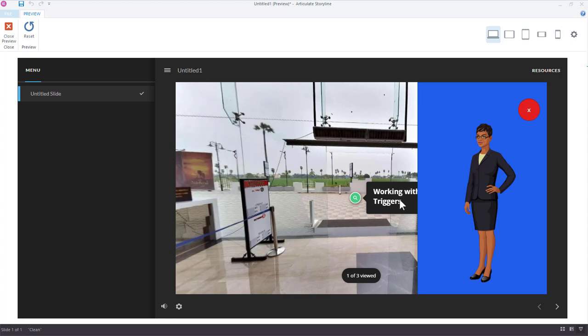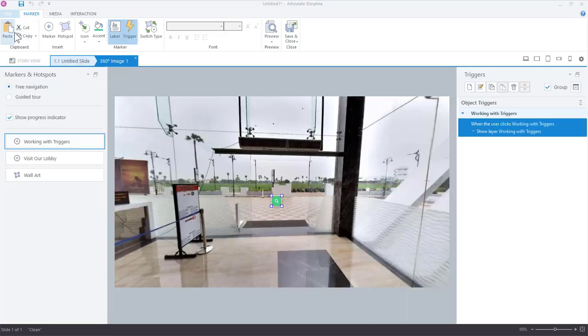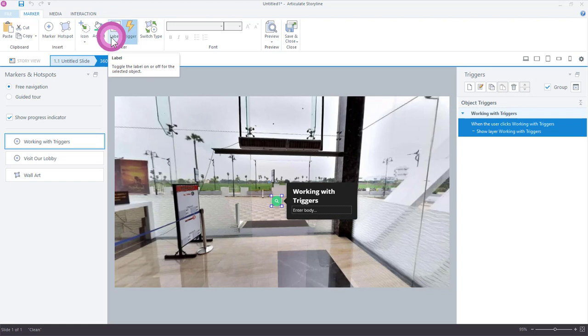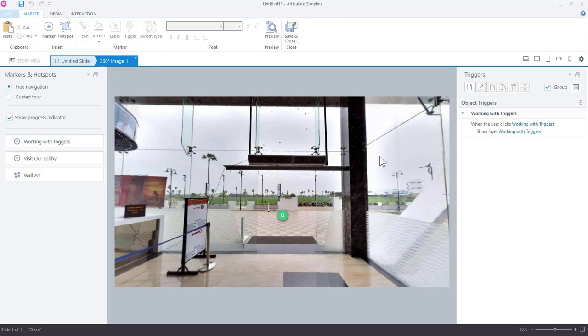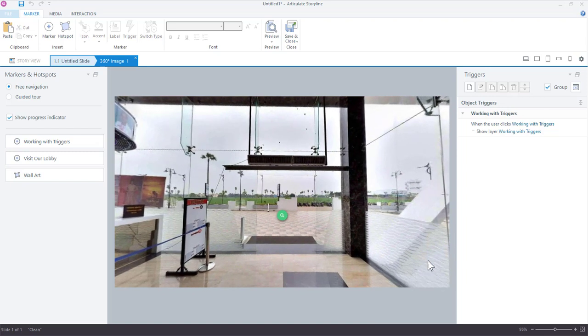So a couple things here. Notice that the label is still visible. You have a lot of different ways to tackle this. I'm going to close out of here. One thing you could do if you are going to show a lot of slide layers, for example, is not show that label at all. So with that marker selected, you come up here to the ribbon, and we can just turn off the label altogether. And this is true also for the hotspots. So now we won't see the marker's label because we are popping open a slide layer with that image.